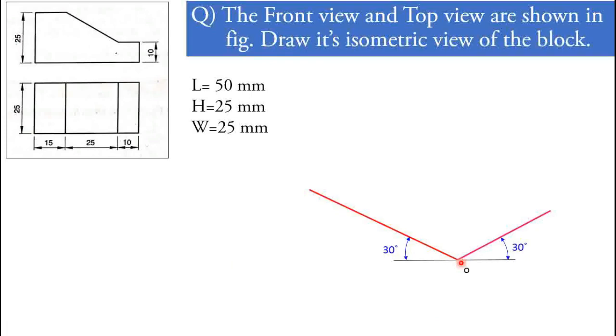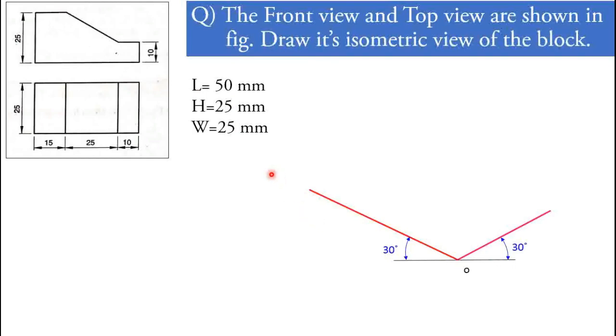After drawing these two inclination lines, we have to take the reference of these three dimensions, the length, height and width of the object. By taking the reference of that, we create an overall block, or the boundary region, for that isometric view, within which we create our 3D diagram. But now the big question is whether the length will be represented on the right side inclination line or the left side inclination line, and if it is wrong then the complete diagram will be wrong.